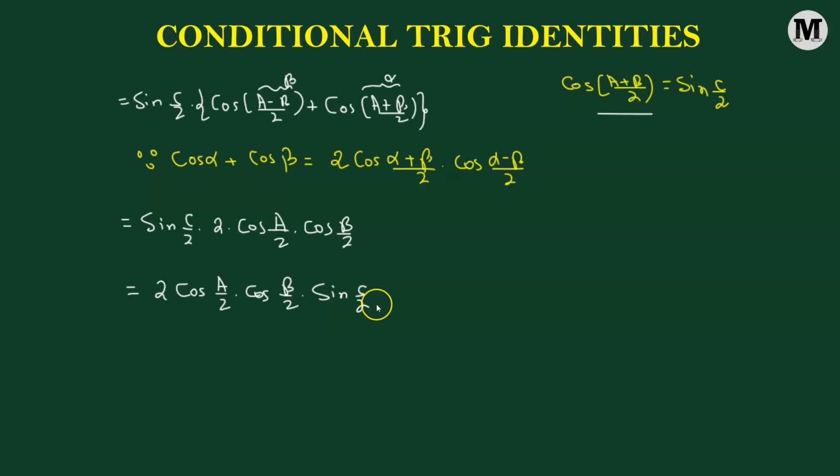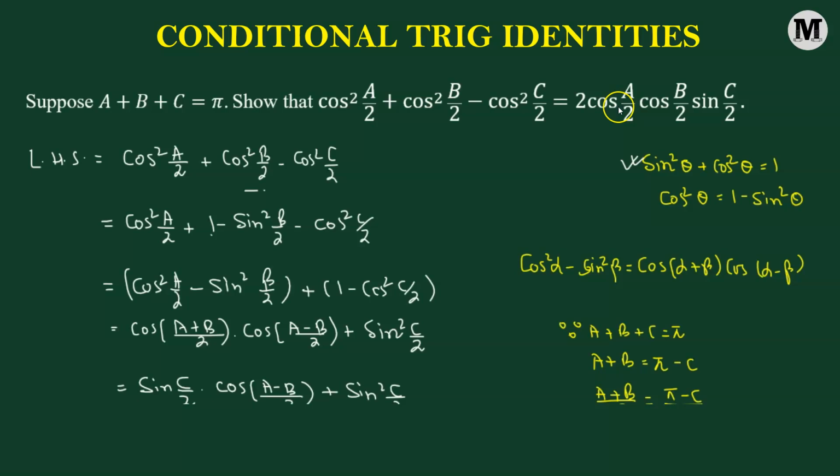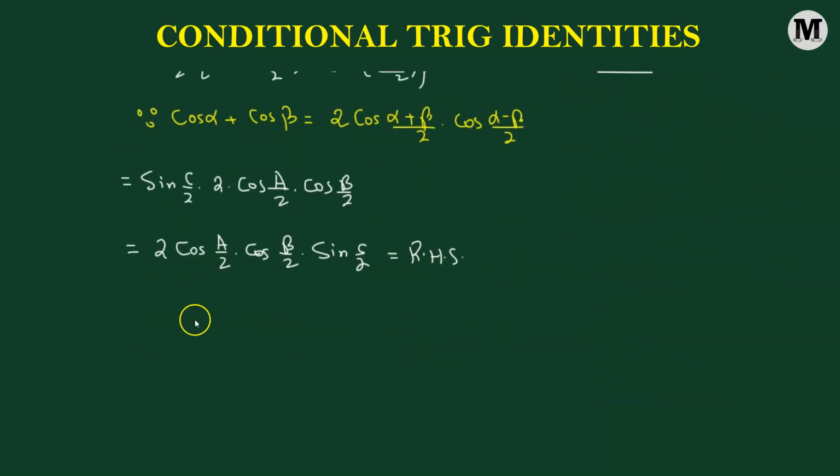And that's exactly the expression on the right hand side. So let's verify it once more. We needed to show that the right hand side is 2 times cosine of a over 2, cosine of b over 2, and sine of c over 2. So thus we have successfully shown that the left hand side equals the right hand side. Hence